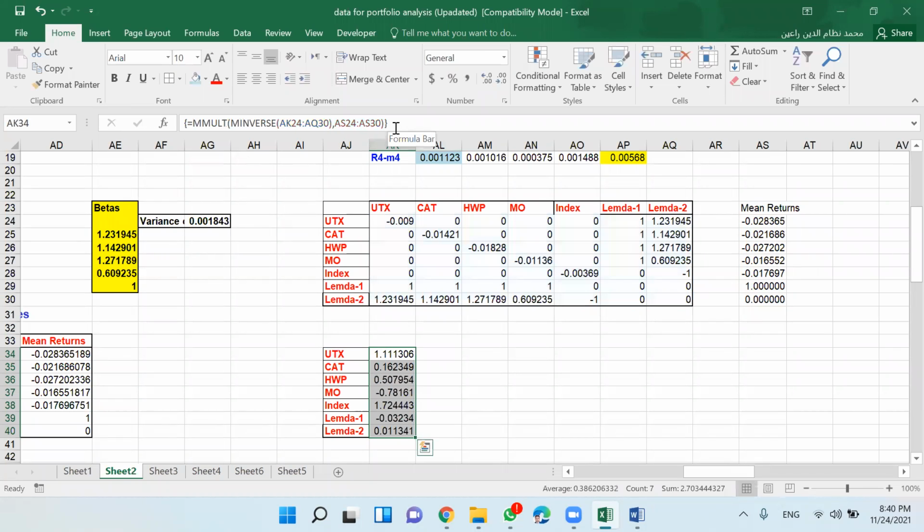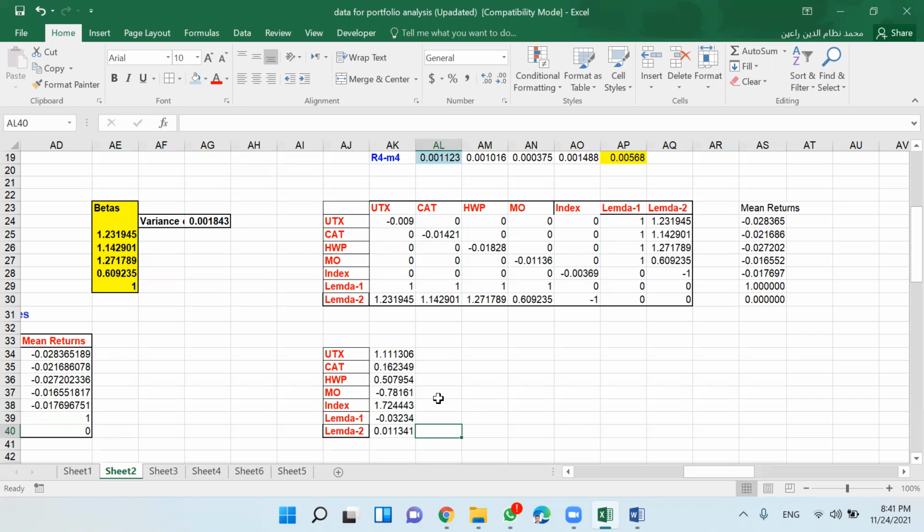You see my point? So now, in the market, you have invested like 1.72%, which means you borrowed and then invested. So maybe 72% borrowing. In UTX, you invested more than 100%. But in CAT, you invested 16%.